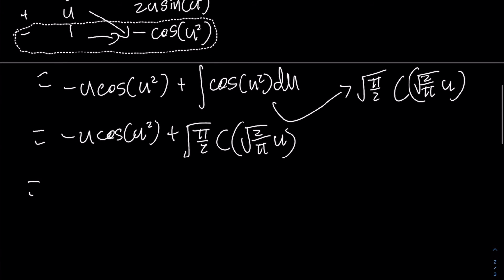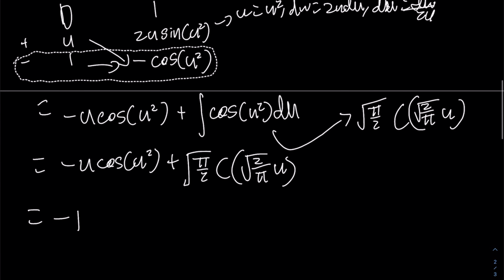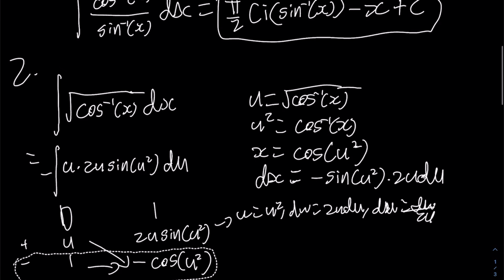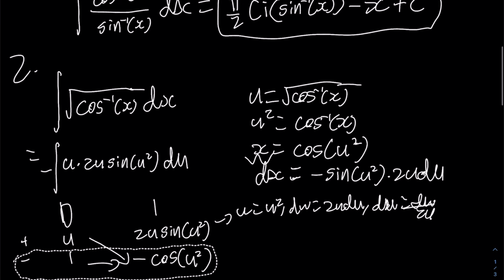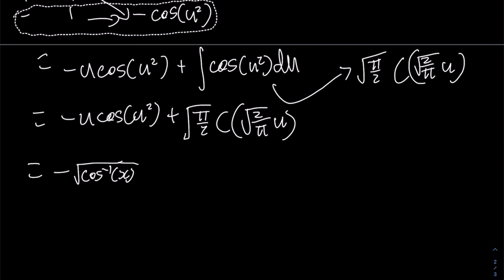What we see here is equal to negative u. Well, what is our u? U is the square root of inverse cosine of x, so negative the square root of inverse cosine of x. And cosine of u squared is exactly x, because we see that cosine of u squared is what we've calculated to be x here. So this is negative x times the square root of the inverse cosine of x plus